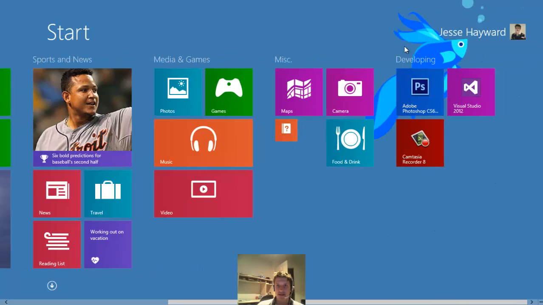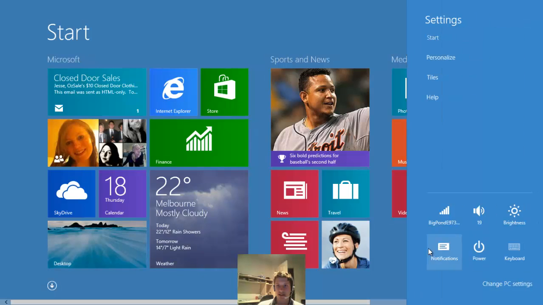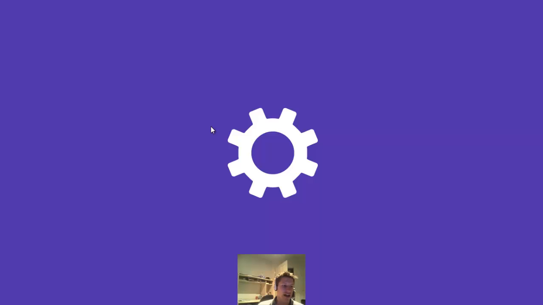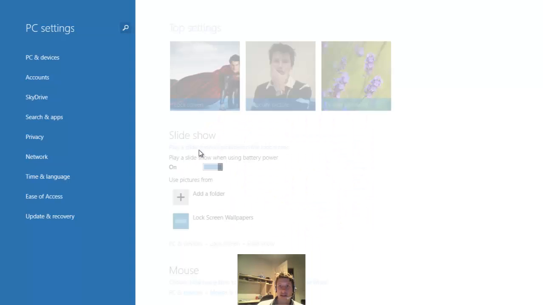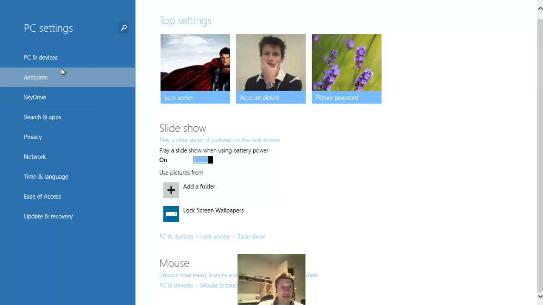You also get the background moving when you scroll. Actually, it works well, it looks good. Everything else here is sort of the same. PC settings looks different and gives you a few different options, and has changed quite a bit. It takes a little to load, so when you're here for PC settings is what you've got here, so lock screen, account picture, etc. You can also, when you go to lock screen,